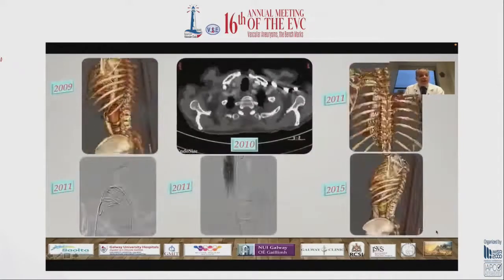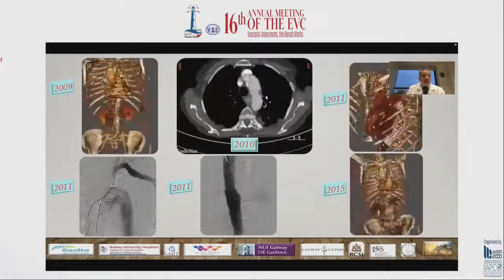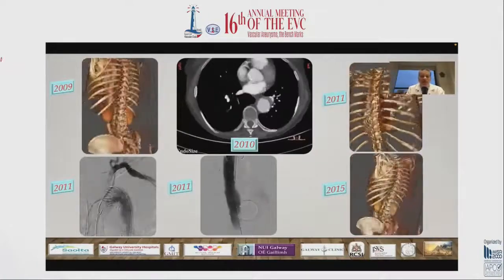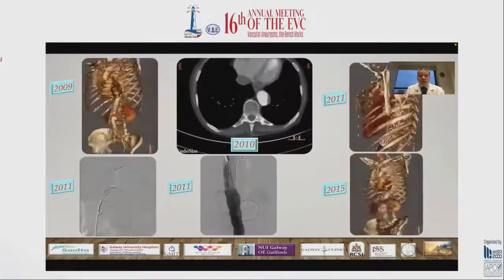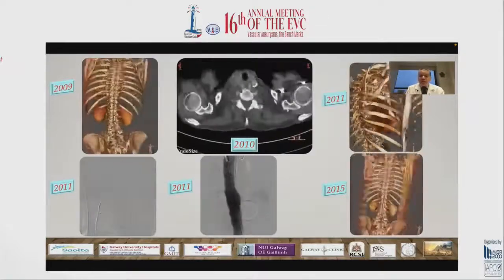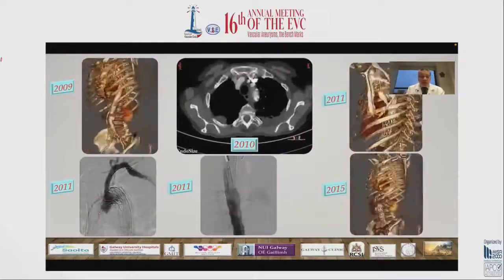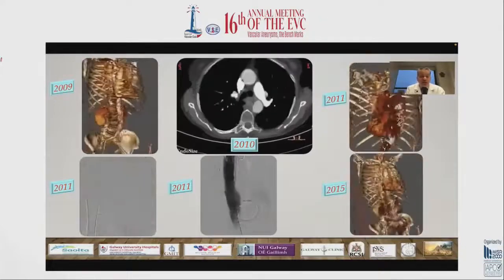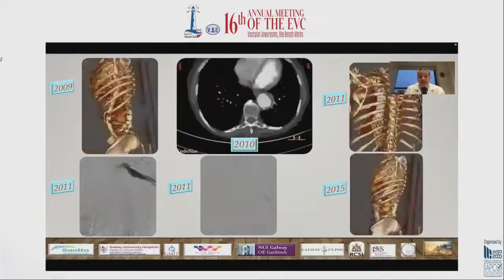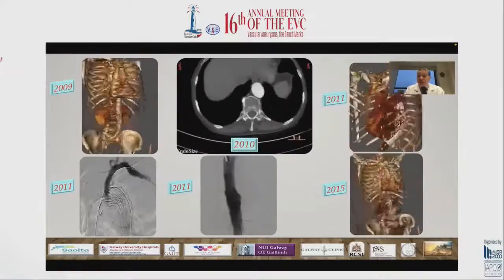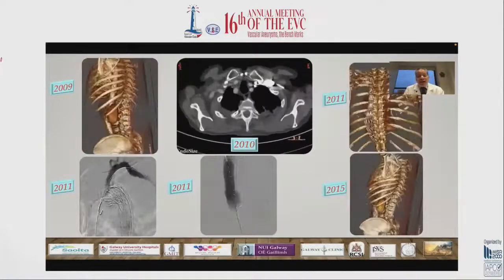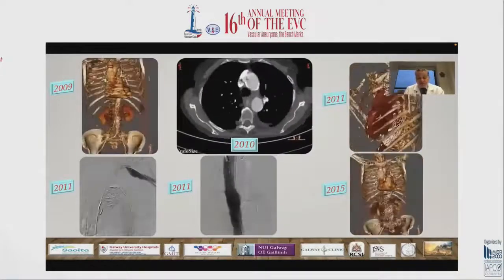So this is a patient who came to us in 2009 with a little bit of chest pain. We did a CT scan. We couldn't find anything. Wait a year. She came back with a thoracic aneurysm that was ruptured. So we put a TEVAR in for her. And as you can see here, we had to put a chimney to get a good seal. And this is the completion angio in 2011. There's nothing in the aorta. In 2015, she came with a ruptured infrarenal aortic aneurysm that required an emergency EVAR.